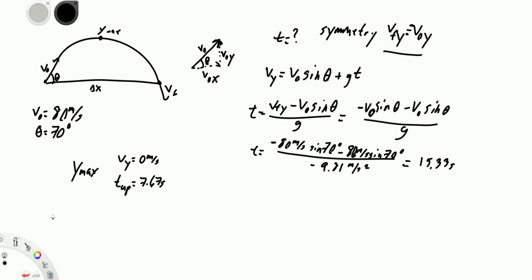Alright, we use equation number 3, and we say y max is 1/2 g time to go up squared plus v naught sine of the theta time to go up. Alright, in the effort to make this video one part, I'm going to just say plug and chug. So we've defined everything up here, and so when we plug that in, we get